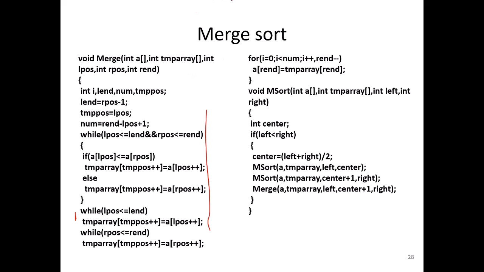Okay, so in this way we solve the merge sort problem. The problem with merge sort is it uses extra memory. The space complexity is order of n. Many algorithms do not use a temporary array, so the space complexity of the merge sort algorithm is high when compared to other algorithms.